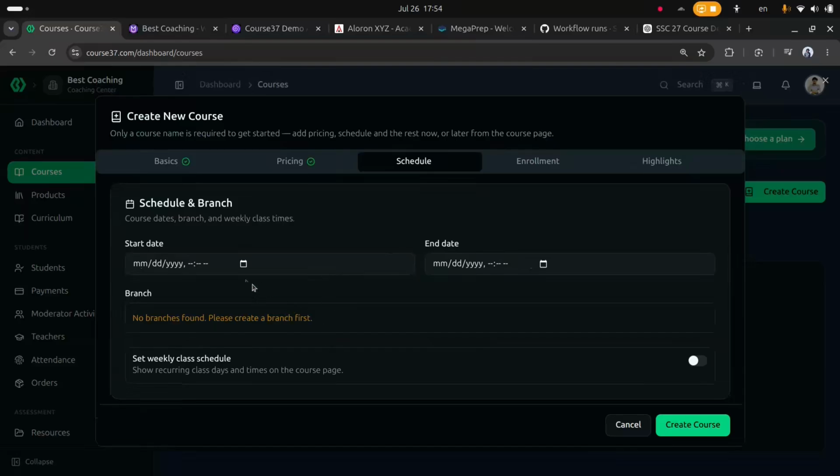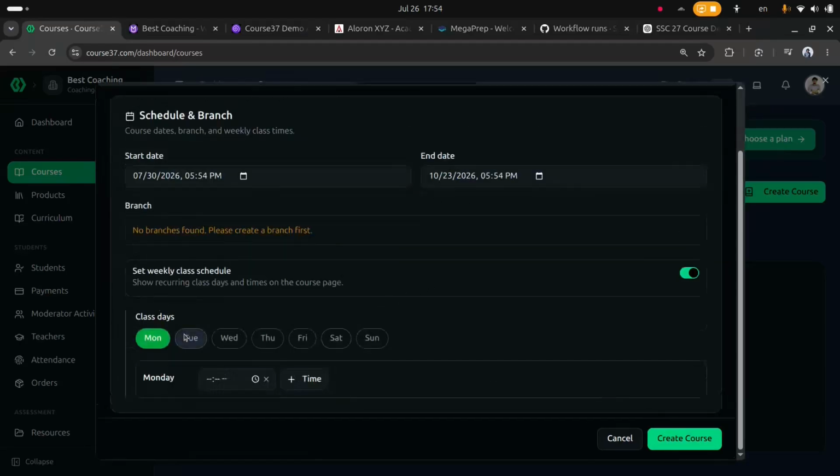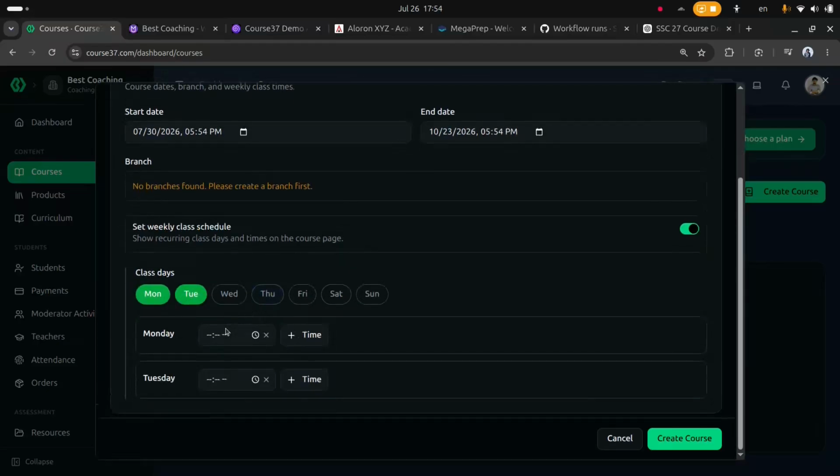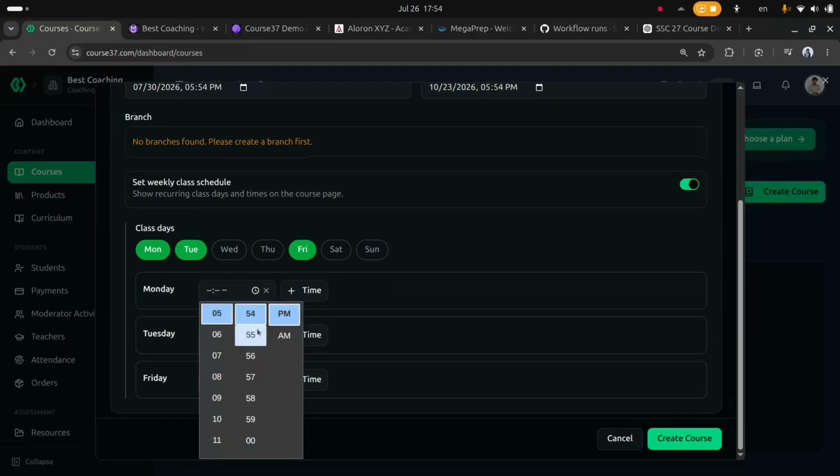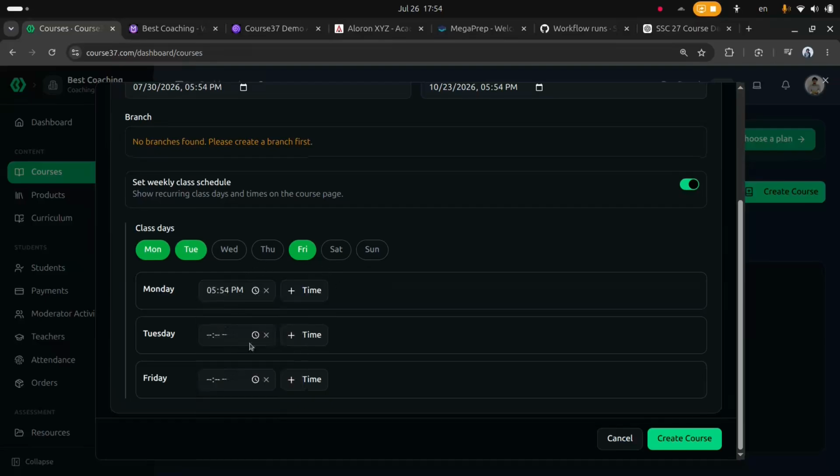Schedule. When will the classes of this course run? I can set these up later if I want. But just to show you, I'm putting them in here. Let's say your classes are on Monday, and there are classes on Tuesday, and classes on Wednesday, or classes on Friday. Then we can select at what times the classes will run. After that,